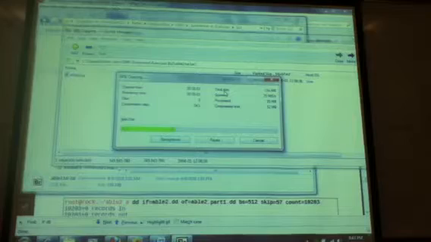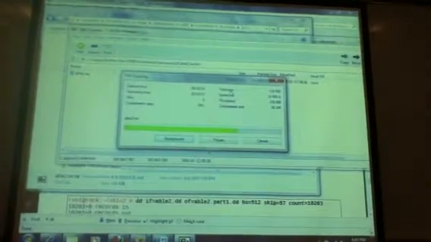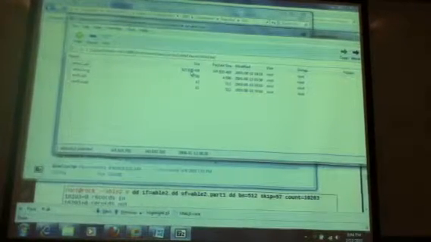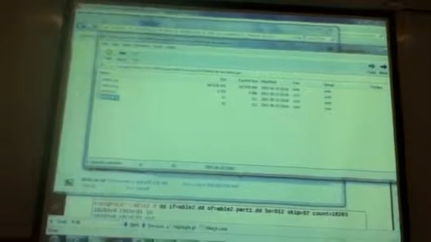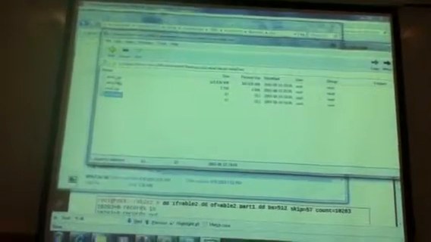If I double click it again, I'll show you what is inside of it. Okay, here is the image, which is 345 megabytes. Here and here and here are the log files. So there are 3 log files and 1 image.